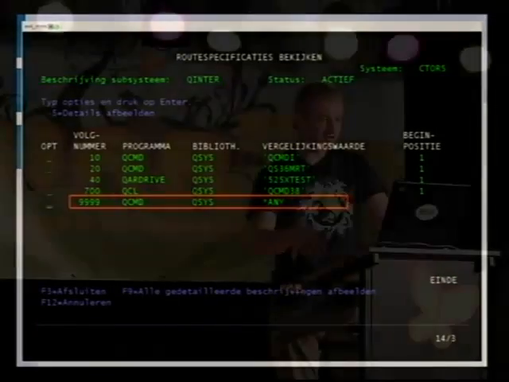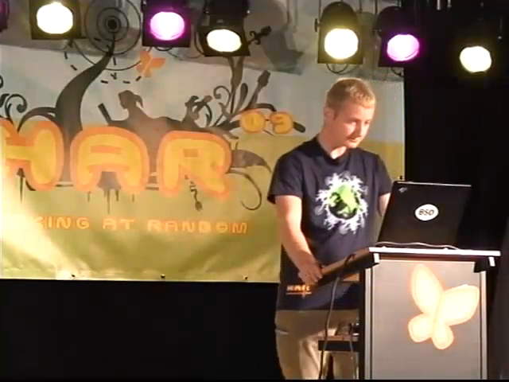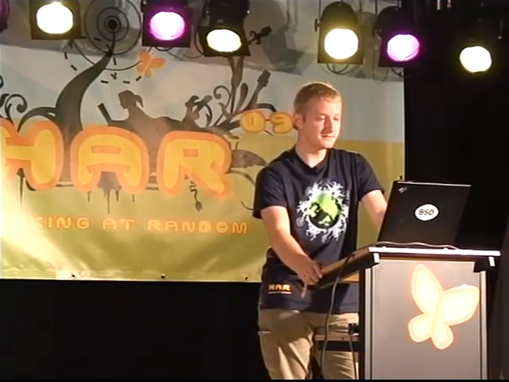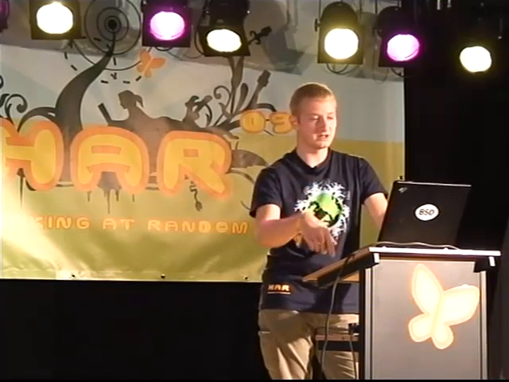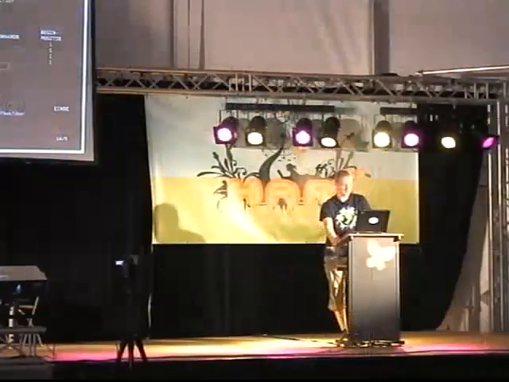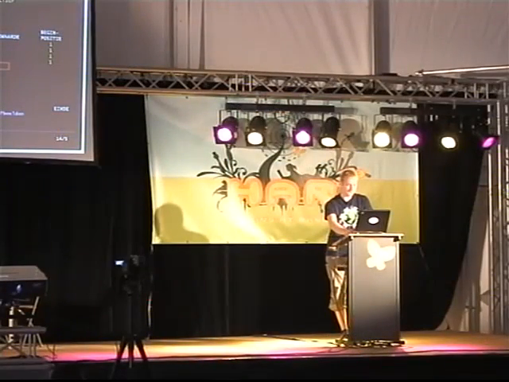Yeah, I have a print screen of that later. So this is a default routing entry, or some routing entries, and the one with the red box is the default one.